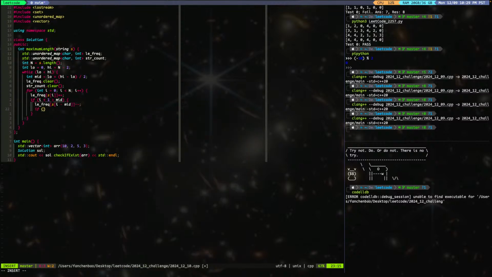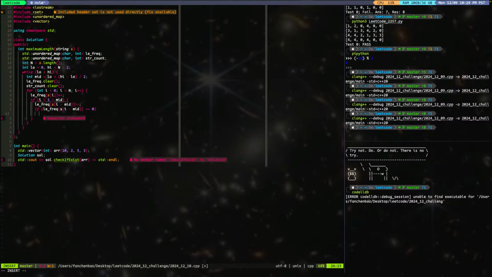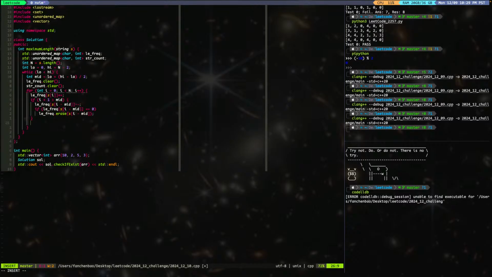And we say if frequency s[i minus mid], if it's equal to 0, right, then we need to say dot erase. Okay, we'll erase it, right? That means if it's too big, then we should erase it. Okay, and once we're done, then we'll say if i plus 1 is equal to mid. Okay, so we have the length,